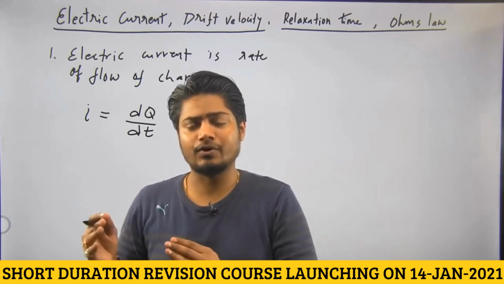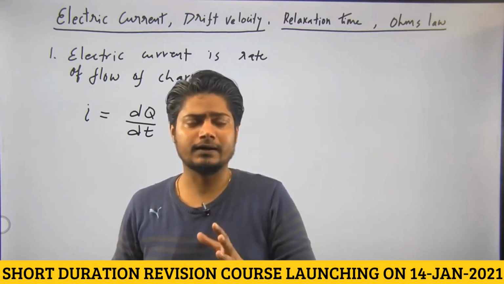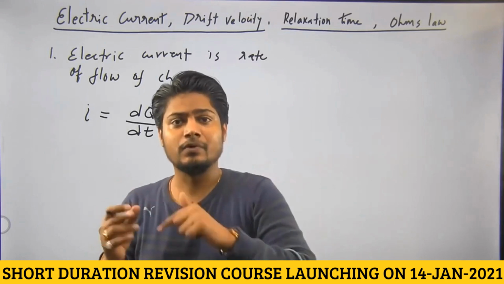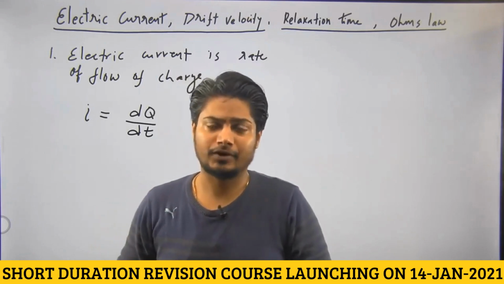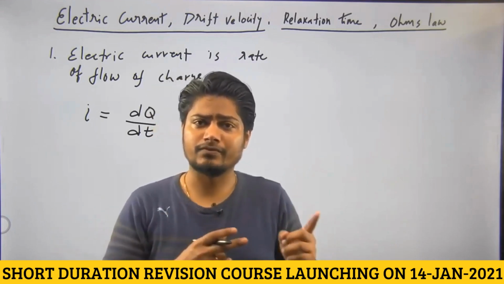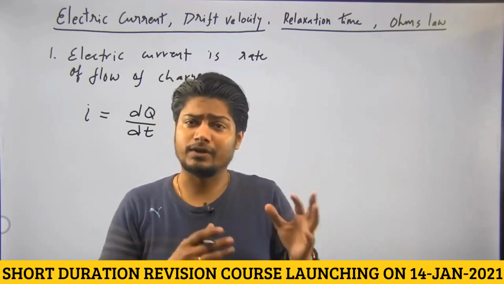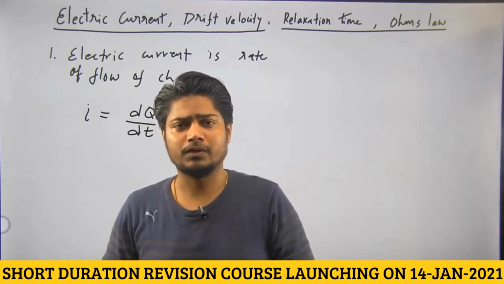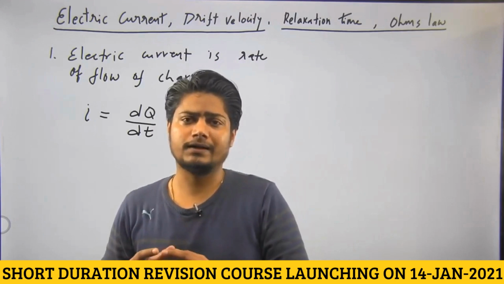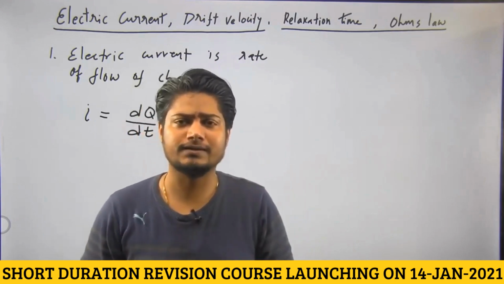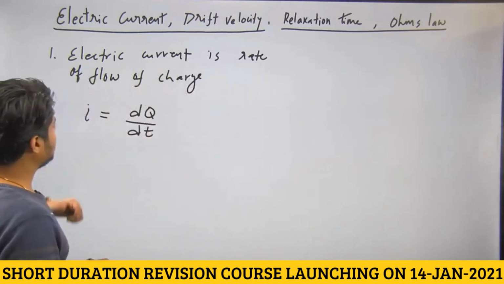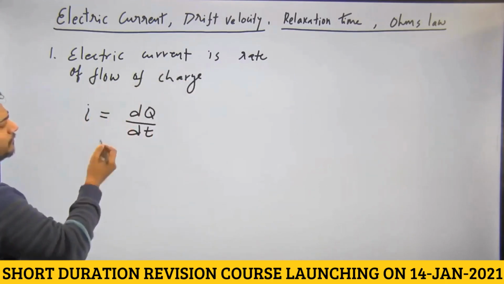So, you will see I am going to write different formulas of electric current in terms of different things, so that you can clearly visualize, you can relate them via electric current. For example, electric current in terms of current density, electric current in terms of drift velocity, electric current in terms of potential, which is also called Ohm's law. So, let us formulate the basic formulas of electric current in terms of different basic quantities like drift velocity, current density, etc. So, first formula, which is basically given here, it is just rate of flow of charge,